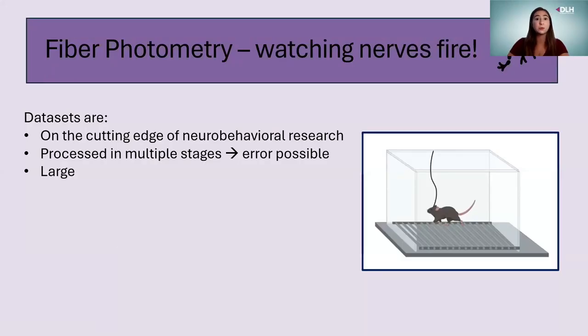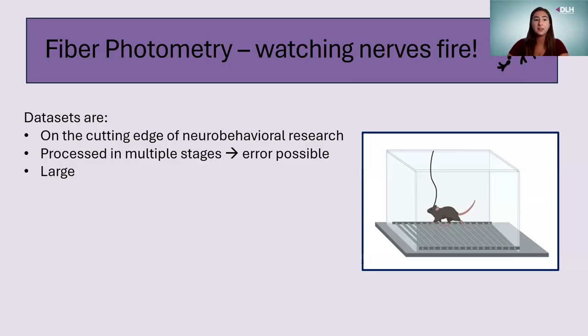This is a really cool technique where you can watch nerves fire. The scientists are able to add a fluorescent dye to these animals' brains. And as those brains fire and different neurotransmitter signals come out, a camera will watch them fluoresce. It's a very new technique. It's very cool. It's on the cutting edge of neurobehavioral research, and it lets us understand the brain in a